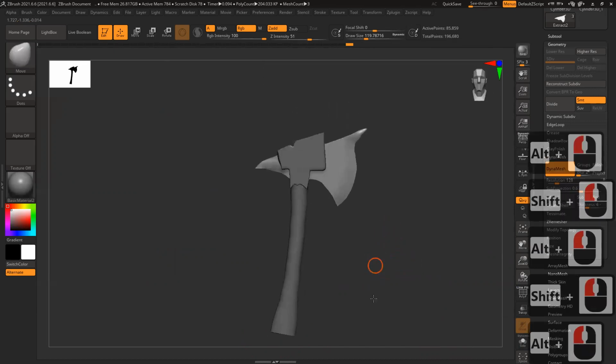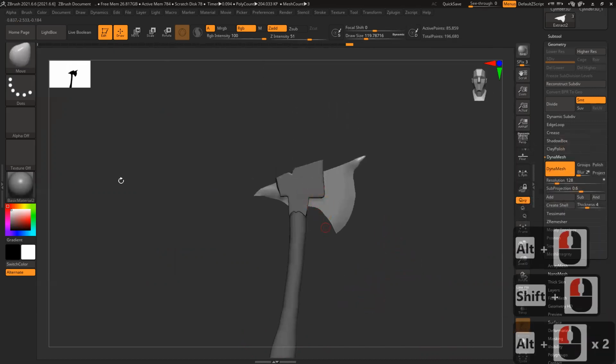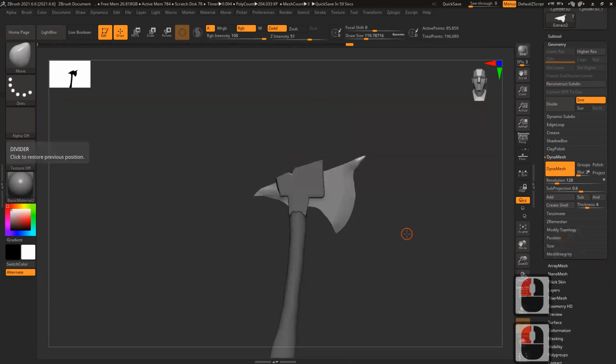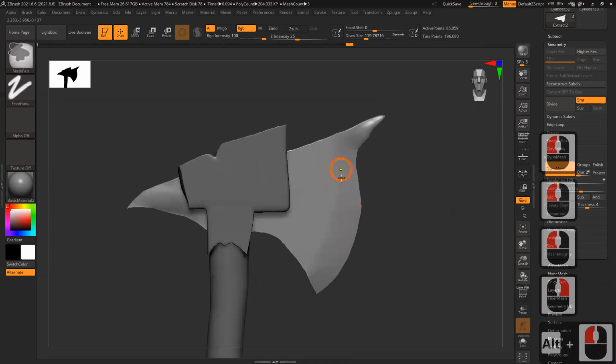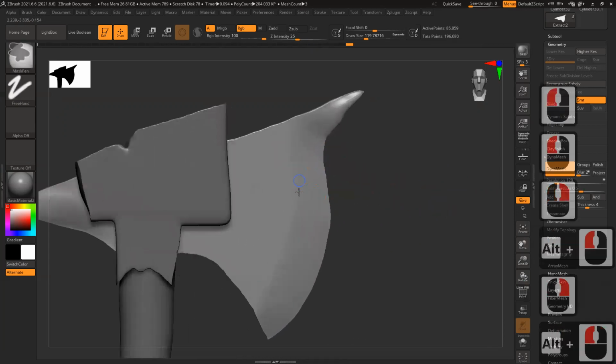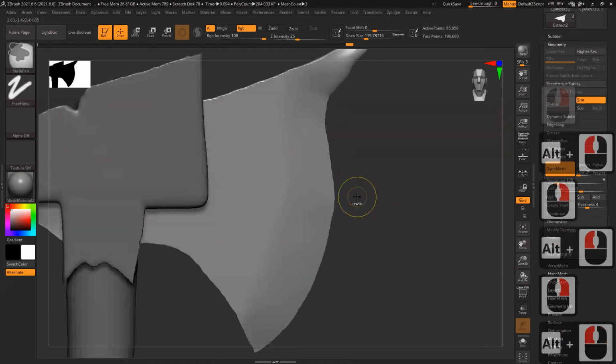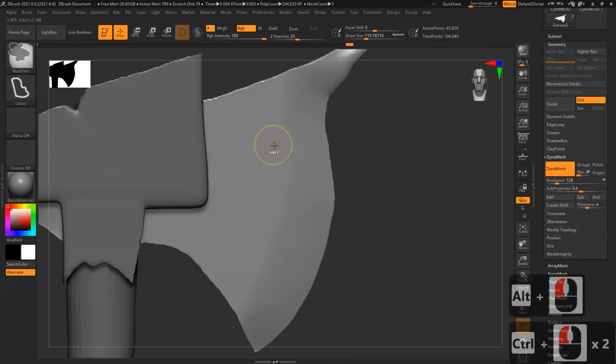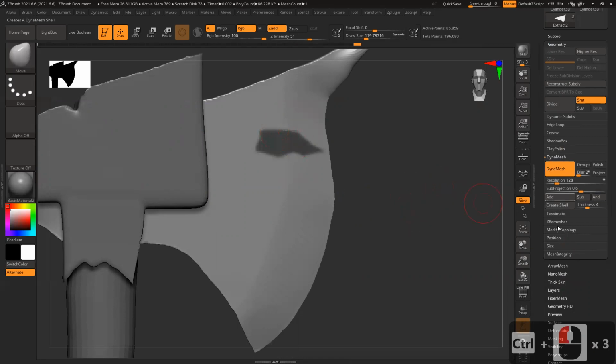Now there are a couple of things I have to create. A lot of stuff is still left to create. So now I have a triangular shape here, that is the blade, the pointy thing. The easiest thing I can do is take a lasso tool and create that shape here and extract it.